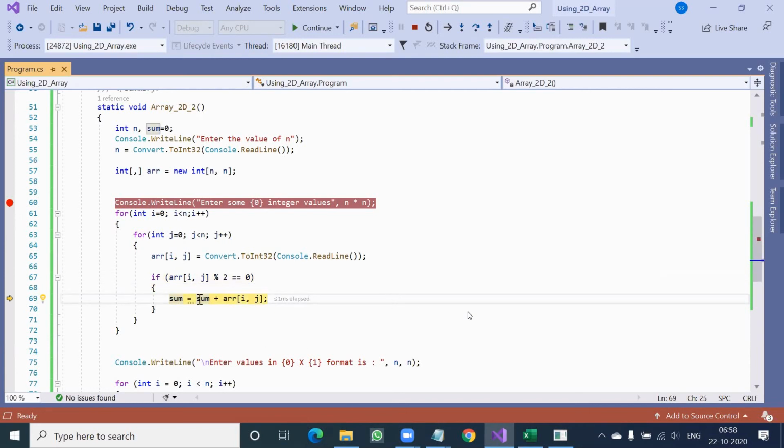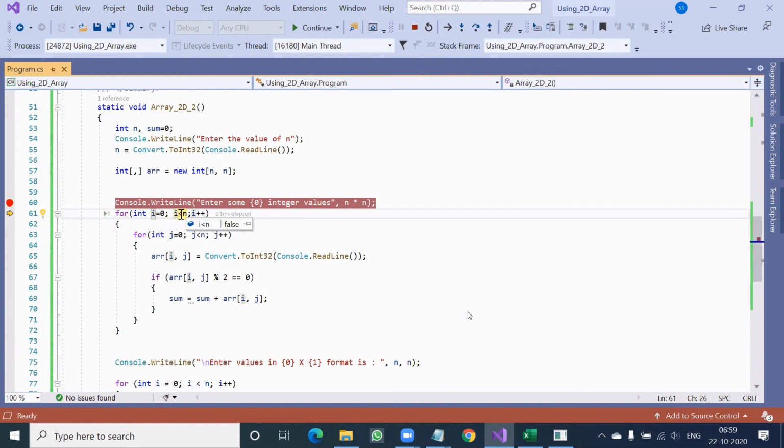Previously the sum value was already 12. Just now I entered a new value as 8. So 12 plus 8, sum will be 20. And then it will go up again and go for i++. i++ is now 2 because 0 and 1 have already been covered. The new value of i becomes 2, you can see here. Every time you have a doubt, you take the mouse there and it will show you the current value. So 2 is not less than 2.